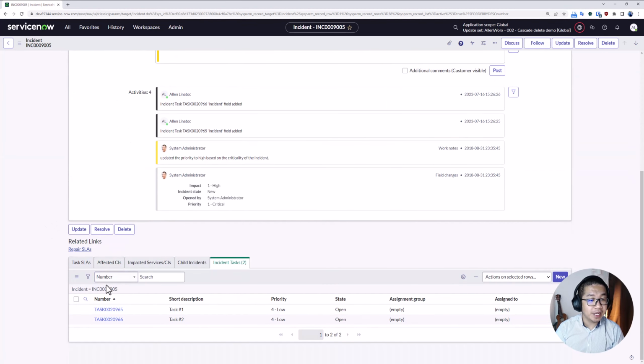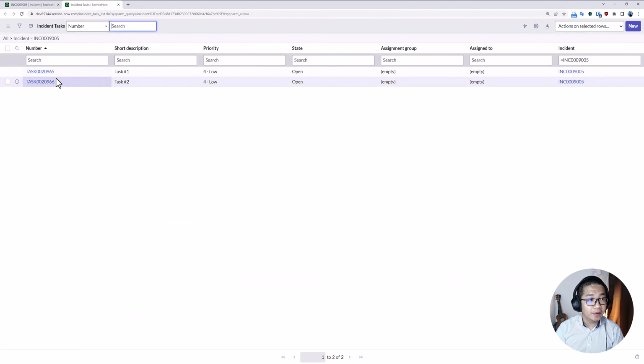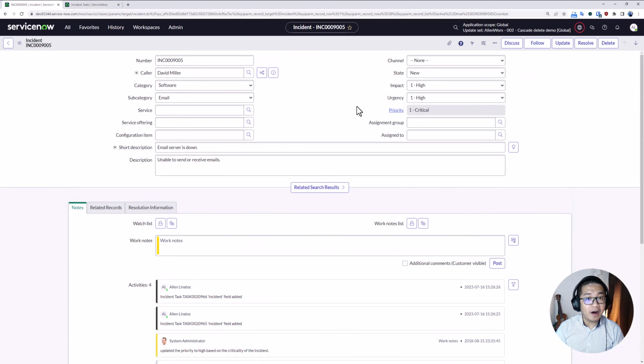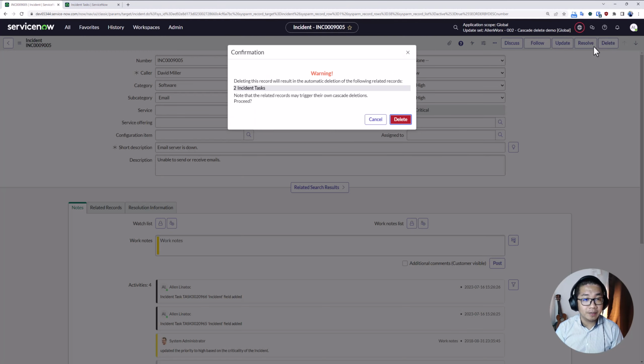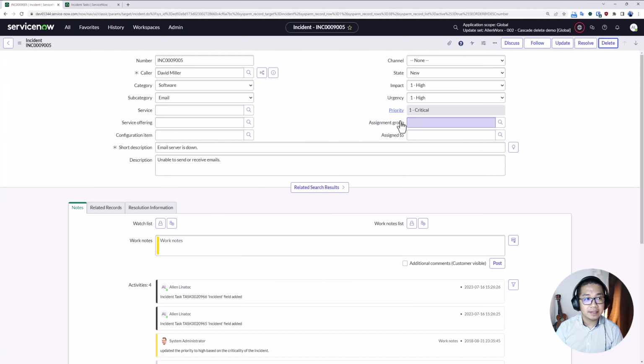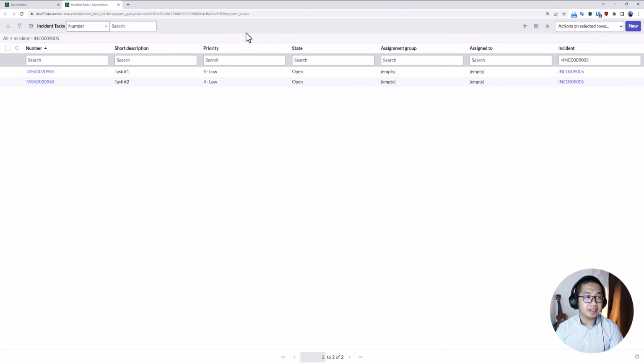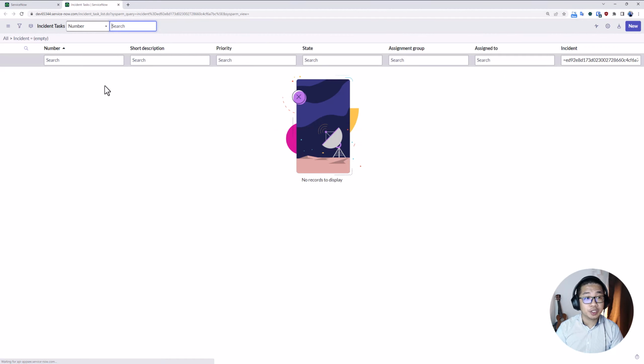If you go back to the related list of incident tasks, right click on that to open a new window, you'll see that if I delete this incident, there's now a warning message that says deleting this record will result in the automatic deletion of the following related records. If I delete that and check on the list of incident tasks, if I refresh this, now those incident tasks